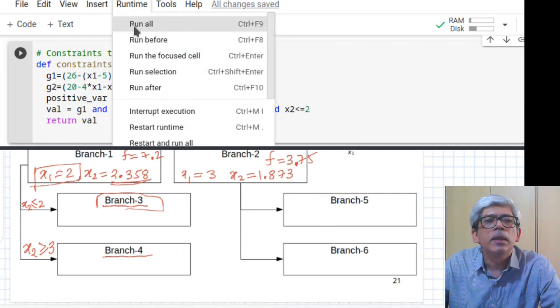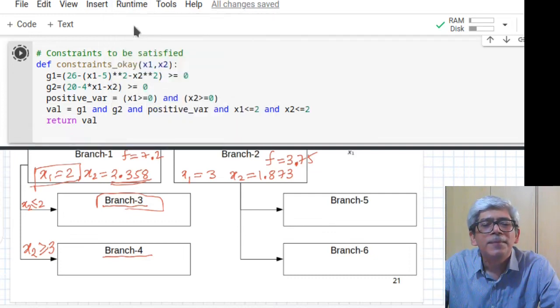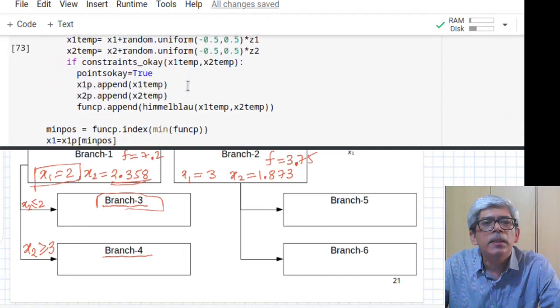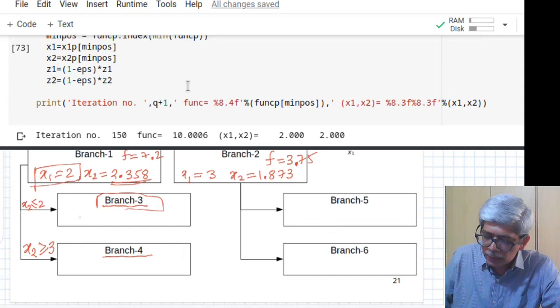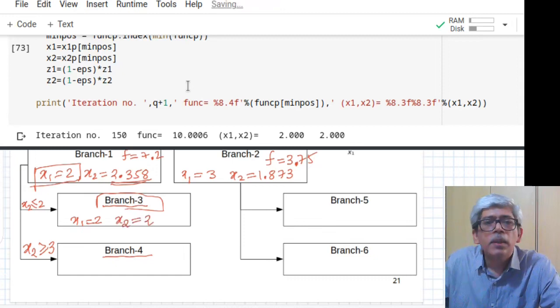With this, let me take the run, and I get the solution x1 equal to 2, x2 equal to 2, and the function value is 10.